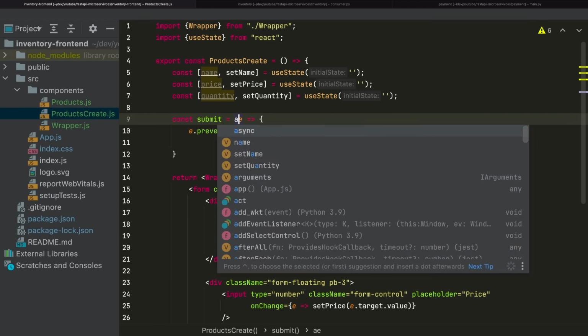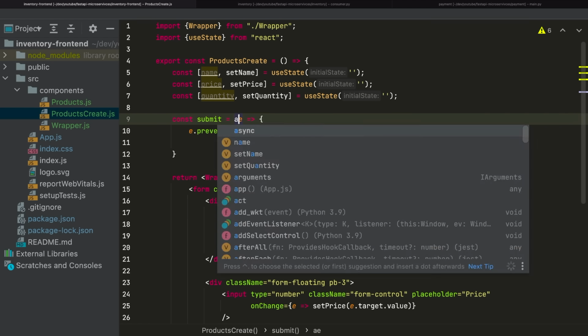We need to add the headers, which are content type will be application JSON, and we need to send the information that we need, which are these three variables here,